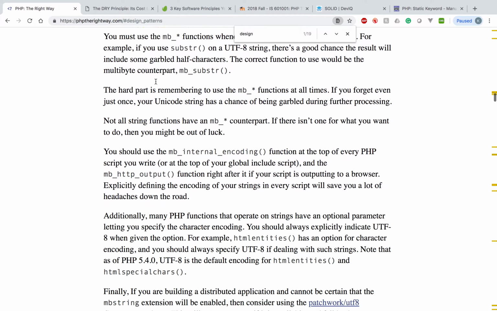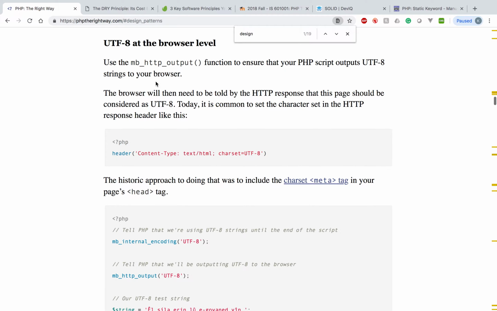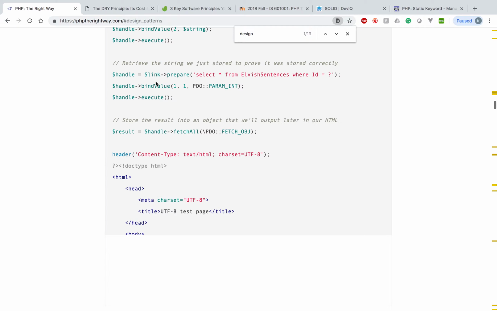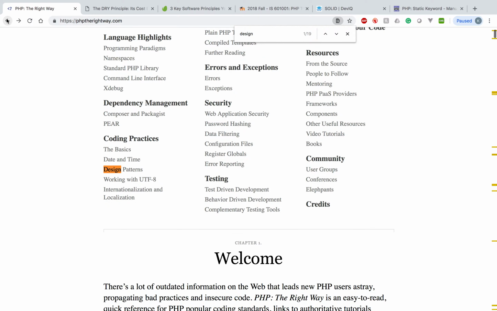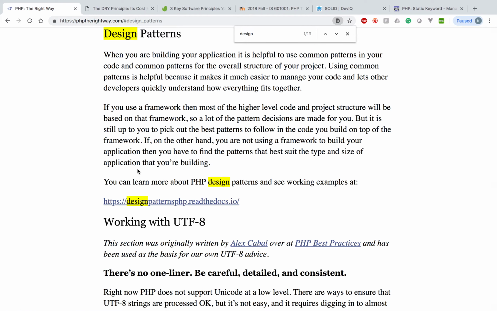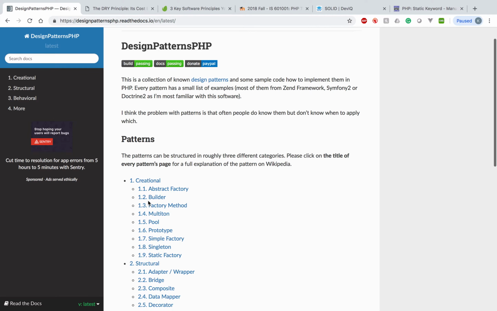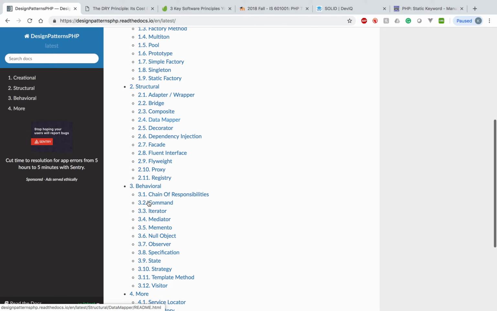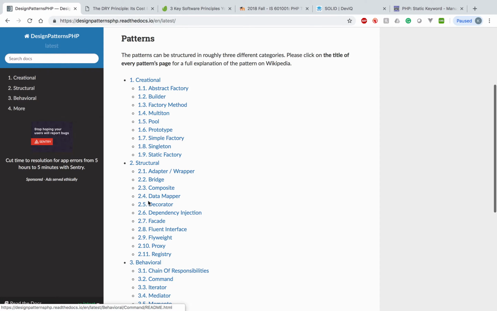So in here, they have this link here to the design patterns. And what I'd like to say is that, have you ever written a program in your class and you didn't know